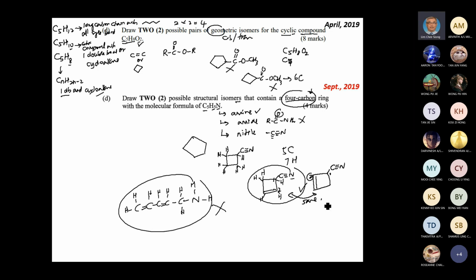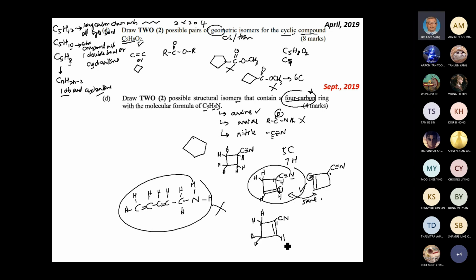Same chemical structure. Then what should you do? A smart student says, "I know already, Mr. Lim. I attach the double bond with the CN here. Now from carbon number 2 with the double bond, I put carbon number 1." I say, can, no problem. Then you attach with the H